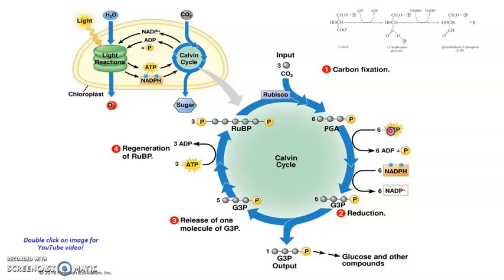And then we're going to use the energy from the light reactions, the ATP and the NADPH, to further reduce PGA, so give it more electrons and hydrogen atoms, and turn it into 6 G3Ps. From there, we remove just 1 3-carbon G3P sugar. The remaining 5 times 3 carbons is 15 total. And a little bit more ATP from the light reactions to regenerate those original 3 RuBPs, which each had, again, 1, 2, 3, 4, 5 carbons. 5 carbons times 3 molecules of RuBP is 15 carbons total, and we are back at it,